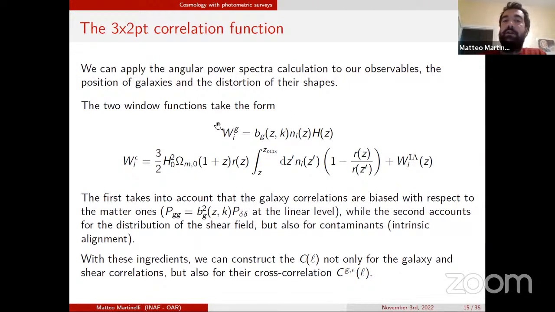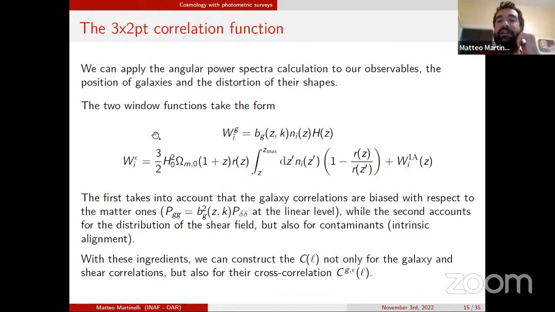Basically, in one, you have the galaxy window function, which takes into account, with this galaxy bias, that your galaxy field is a biased proxy of your matter field. So your galaxy power spectrum is related to the matter power spectrum this way. So these plugged into the equation before will give you galaxy clustering correlation functions that you can compare with the data. And in the same way, you can build one for the cosmic shear, in which you have